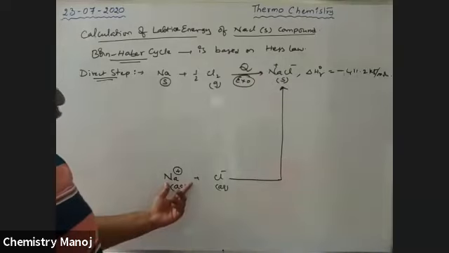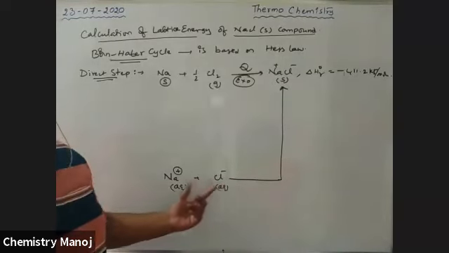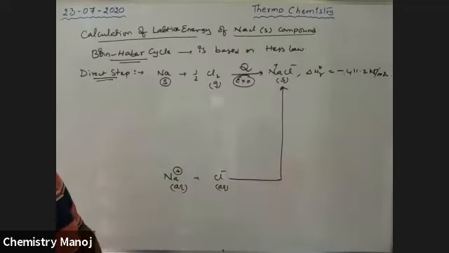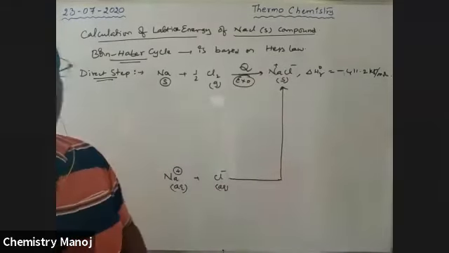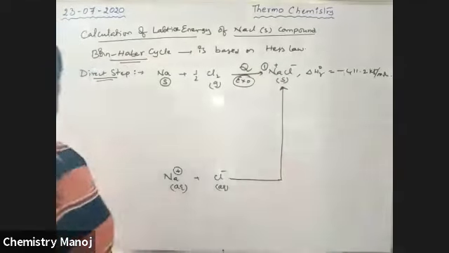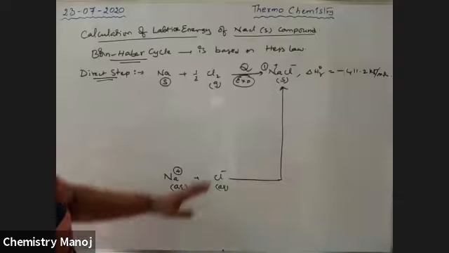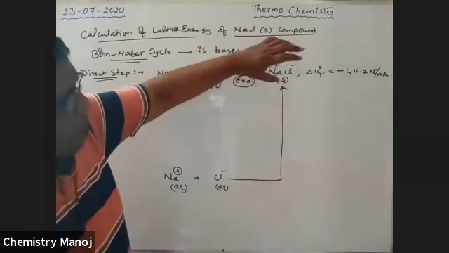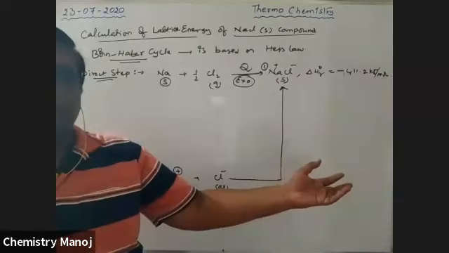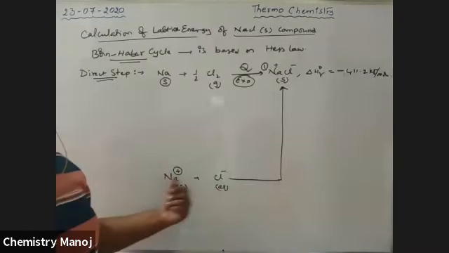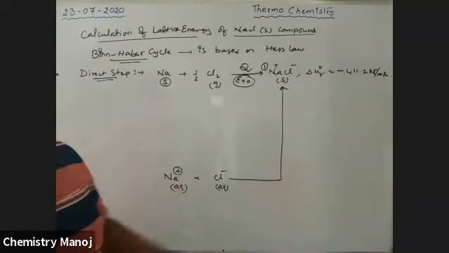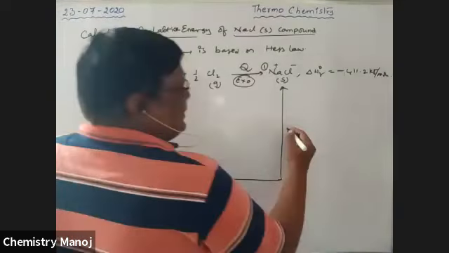So there is a Na plus ion and a Cl minus ion. These two ions react with each other and give the NaCl compound. How many moles of NaCl are formed? 1 mole of NaCl is formed. When an ionic compound is formed from its opposite ions, heat is released, because where there is an attraction, energy should be released. The amount of energy released during this process is called lattice energy.